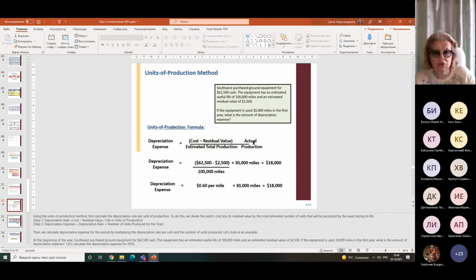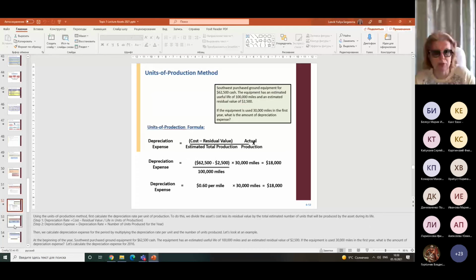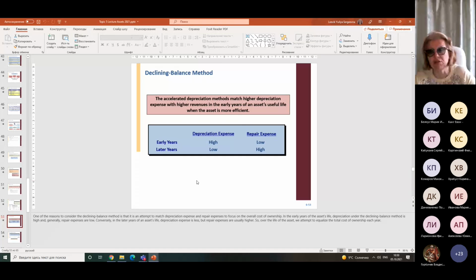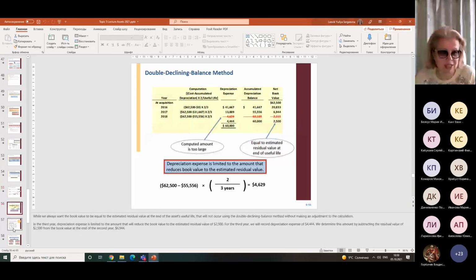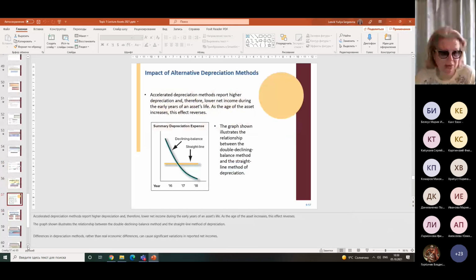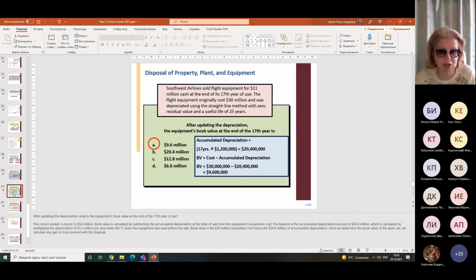And here in your presentation, you find the units of production and declining balance method. If you don't want to learn much more in accounting, you can skip these slides. It's not compulsory. This is some kind of supplementary reading in our course. So I think that's all for fixed assets and depreciation computation, and finally disposal of property, plant,